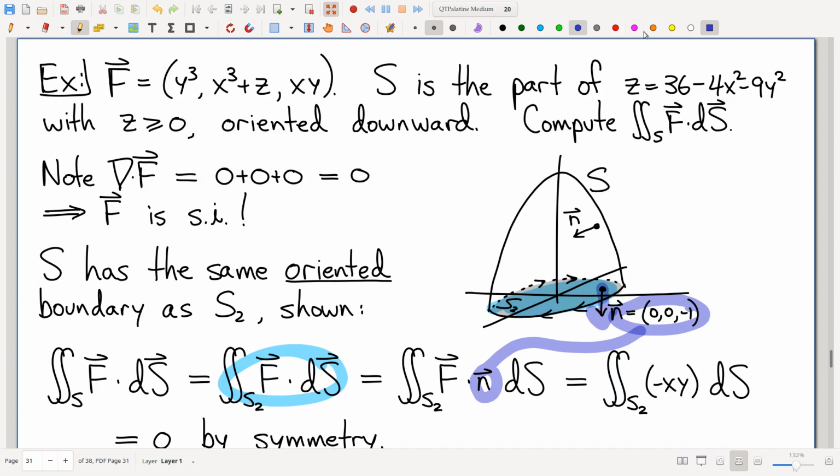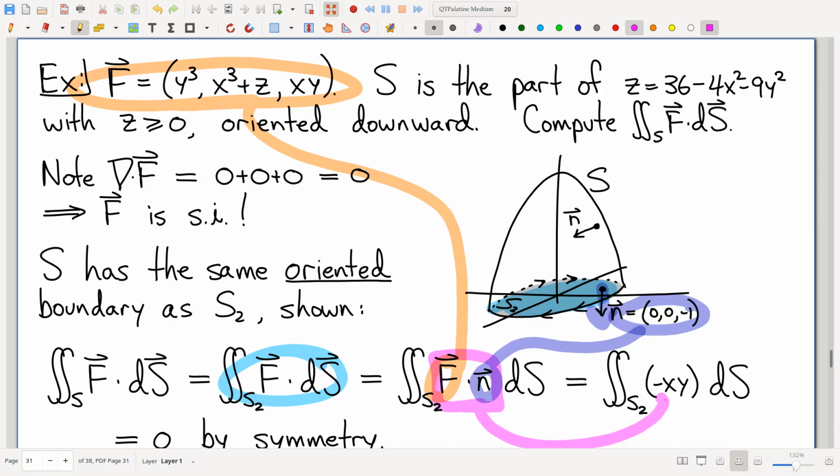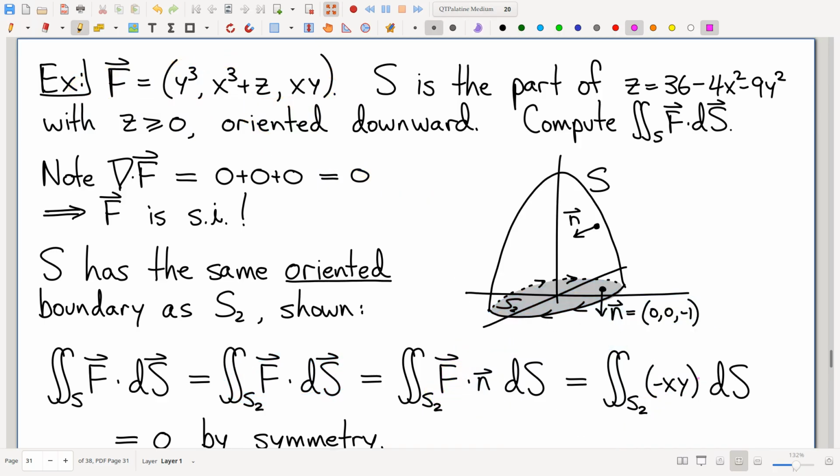And the vector field that I was supposed to be doing this with, that dot product is super easy to compute. That dot product is just minus xy. And you see all that remains then is I'm computing an integral on that surface. By the way, a scalar surface integral. So I've already done the dot product, so it's a scalar surface integral, and I have an